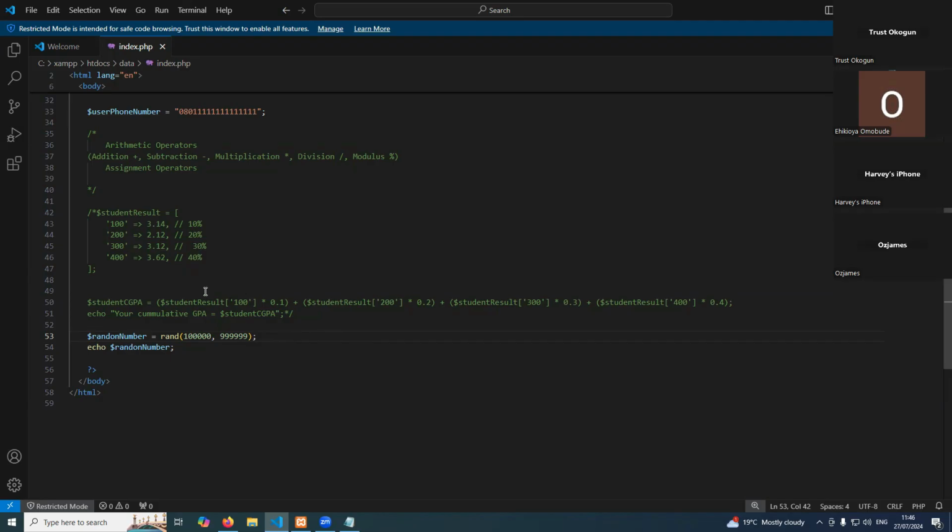So random number. And if you notice what I've done, I've tried to stick with the rule of making my variables easy to understand. And if you look at these variables, please,